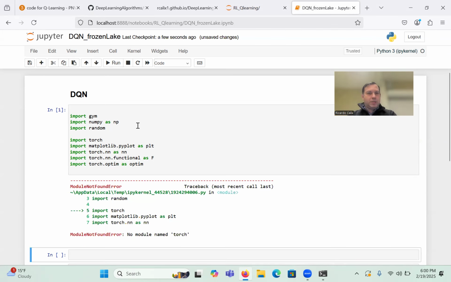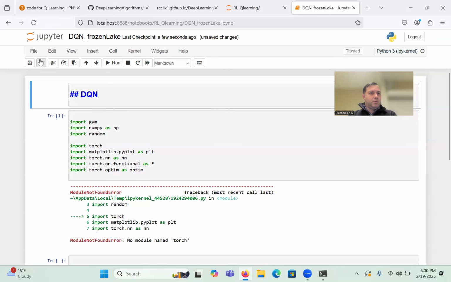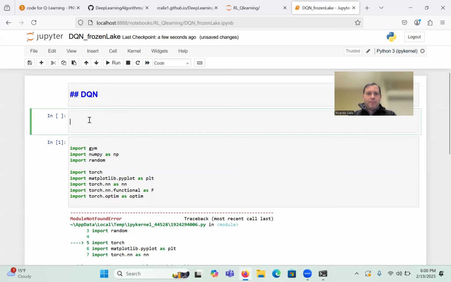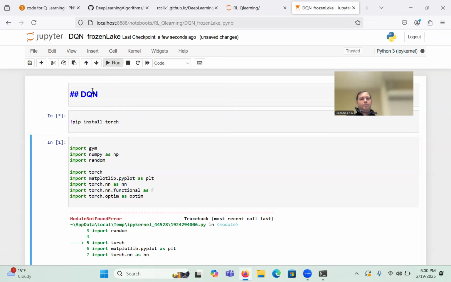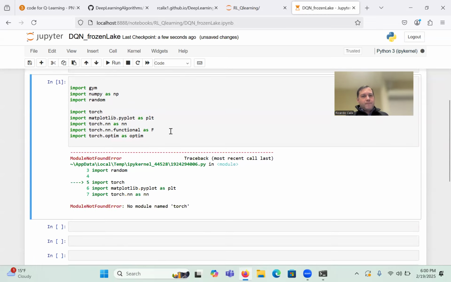Okay, so this one doesn't have a torch. Strange. Pip install torch. All right, while it's doing that,